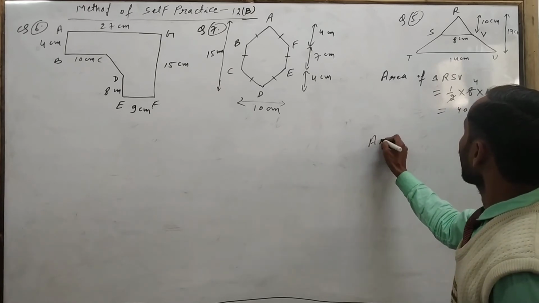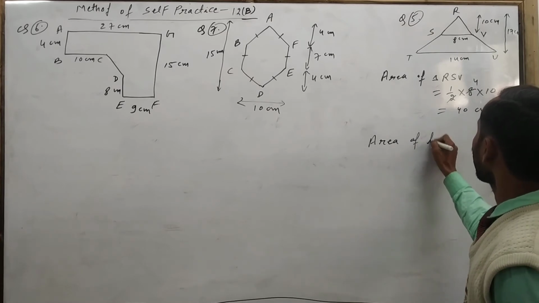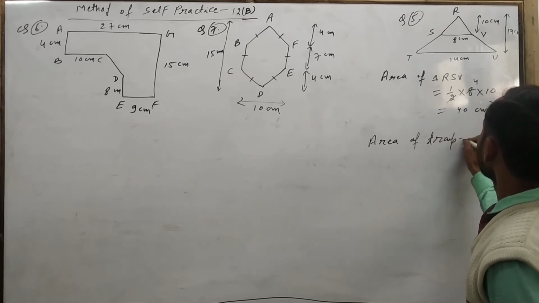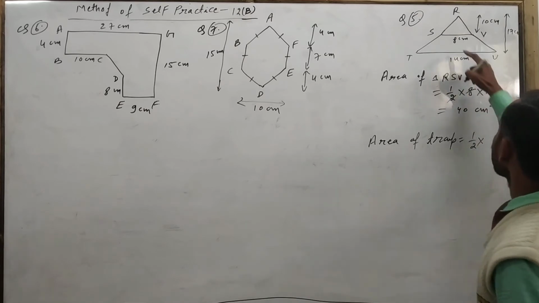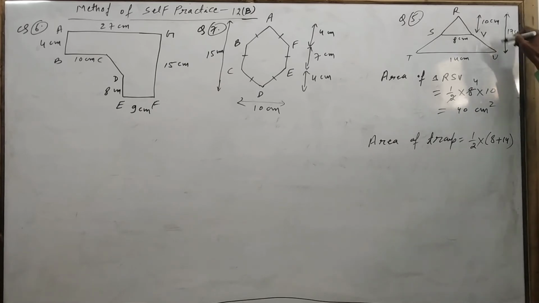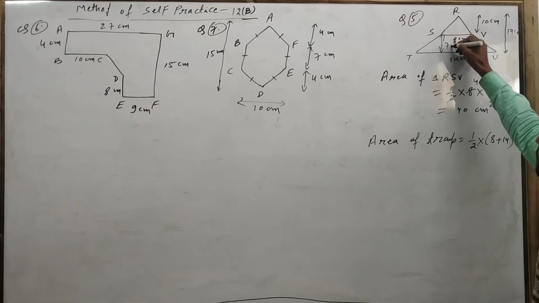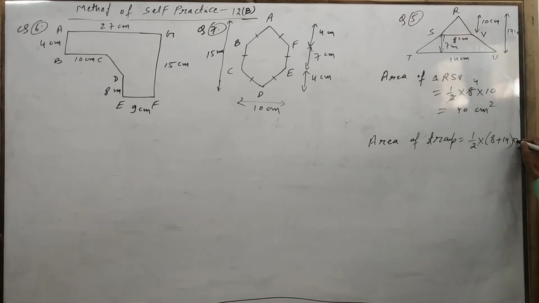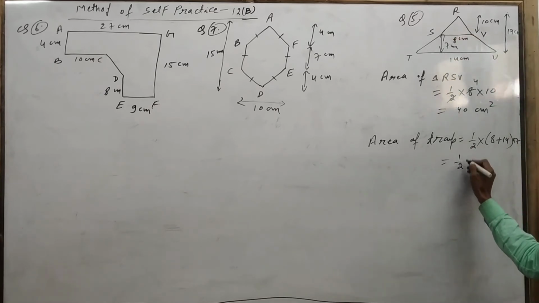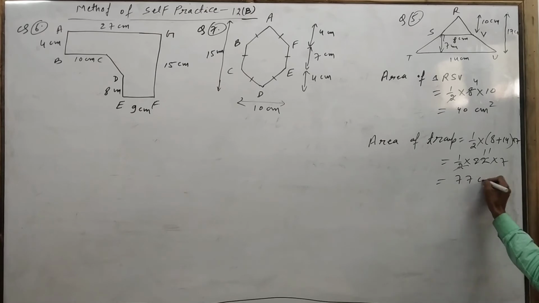Now we have to find the area of the trapezium. So area of trapezium is equal to half into sum of parallel sides. So half into, the parallel sides are 8 and 14. So it will come 8 plus 14, and the height is how much? Total height is 17. Just we will subtract here, then the height will come 7. Okay. So we have to use 7 centimeter here. So half into 22 into 7. Cancel out, 11 into 7, 77 centimeter square.